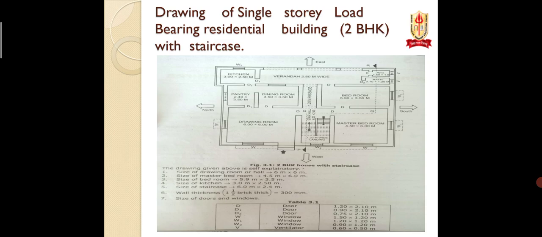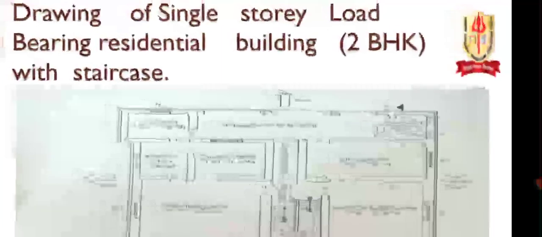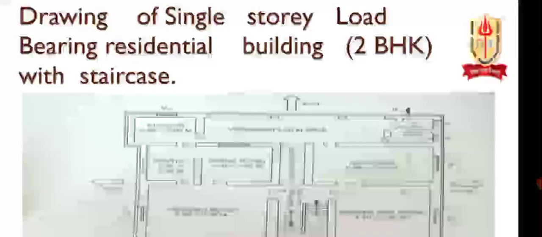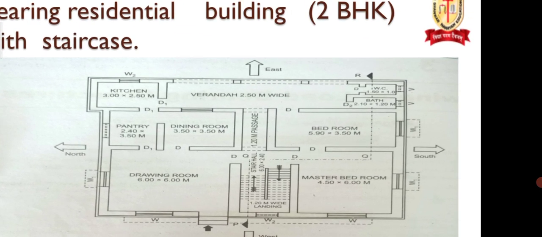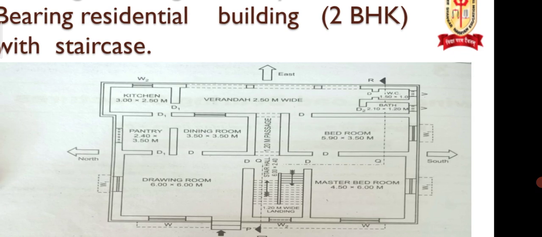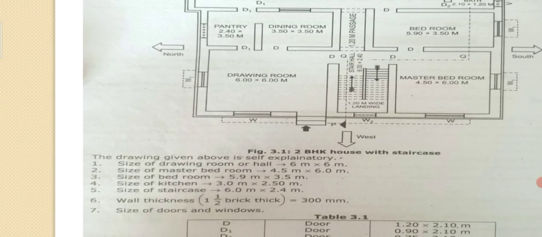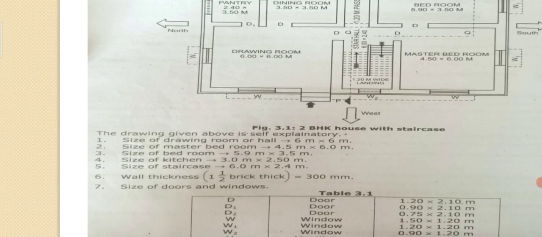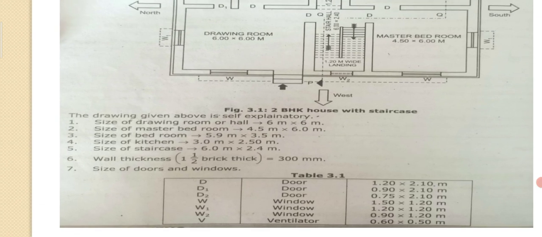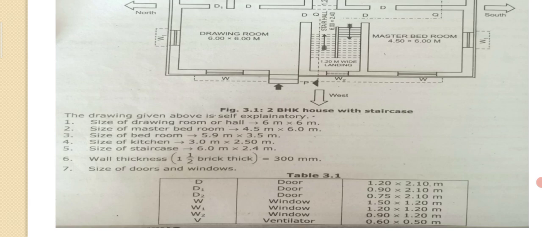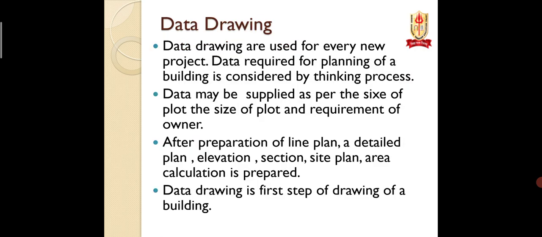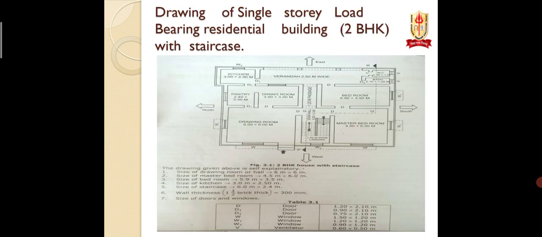In this you can see there is a living room, there is a veranda, after the veranda there is also a kitchen, there is a dining room, there is a bedroom, master bedroom, also there is a WC and bath. Like this you can plan your house. And also they have specified the sizes of the drawing room, the master bedroom, the bedroom and everything. Not only that, they have also shown the schedule of opening. In that they have specified the doors and the sizes of doors and windows. So like this you can plan our 2 BHK. This is a development plan of 2 BHK.